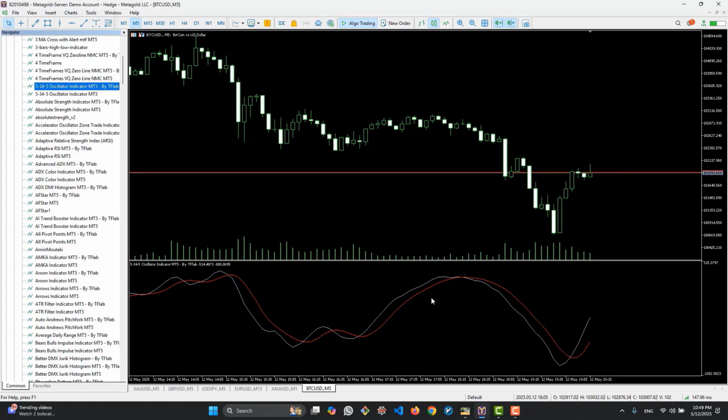As you know, the awesome oscillator indicator works in such a way that its values display the difference between a moving average